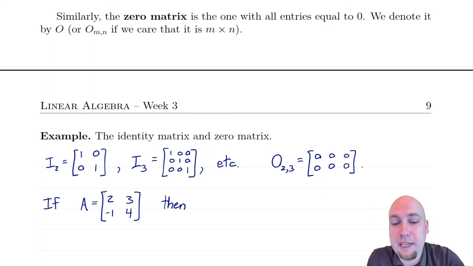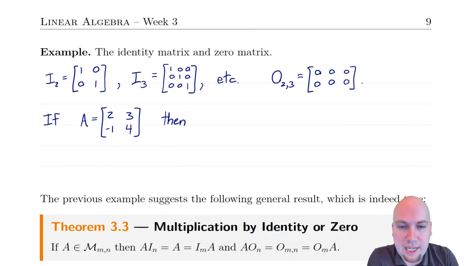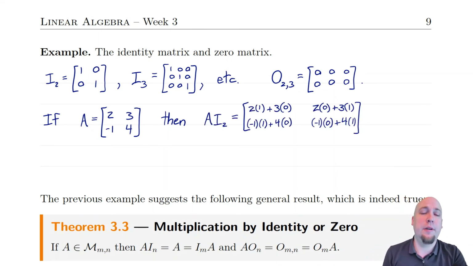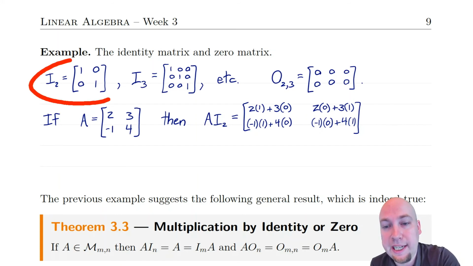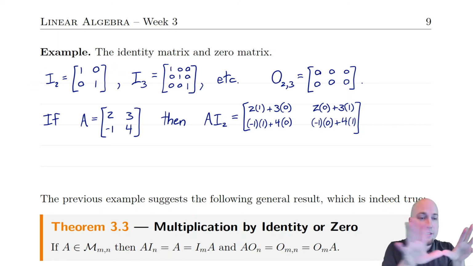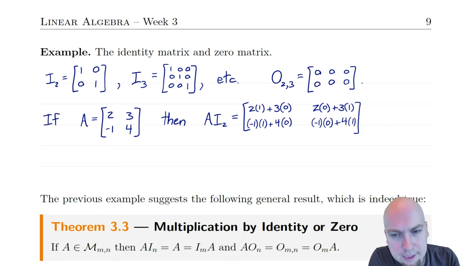Okay, so I'm just going to make up a random matrix A here. If A is 2, 3, minus 1, 4, let's multiply it by the 2 by 2 identity matrix, just because that's the only one that we can actually multiply it by, right? We can't multiply it by the 3 by 3 identity matrix. The sizes don't match up. All right, so if we do A times the identity matrix of the appropriate size, then what we get is